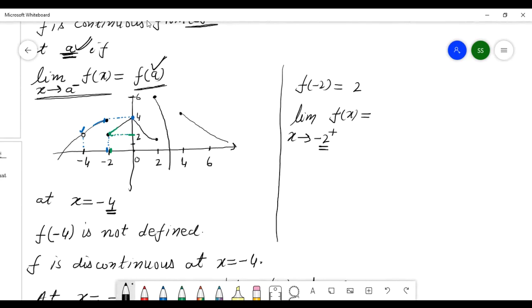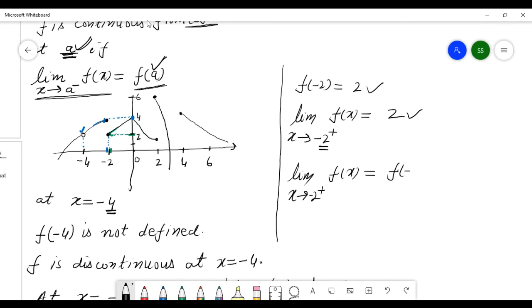When x is close to -2 from the right, the function is close to this number 2. So this equals 2 here. So now look at this limit, x goes to -2 from the right of f of x, it is the same